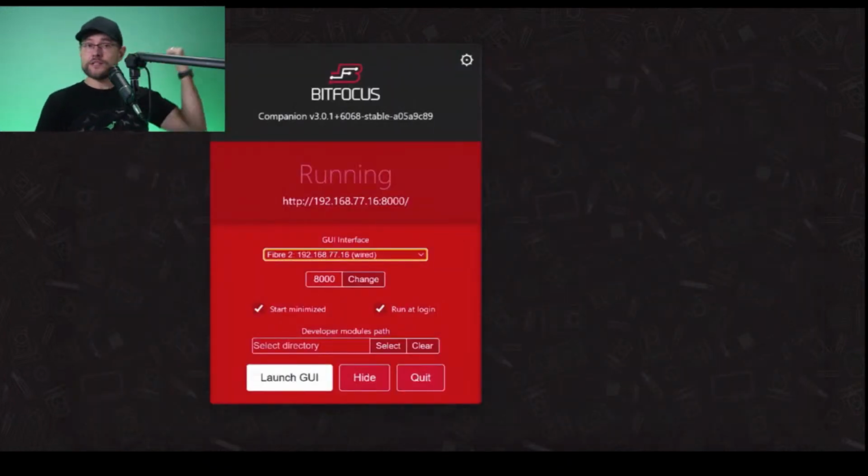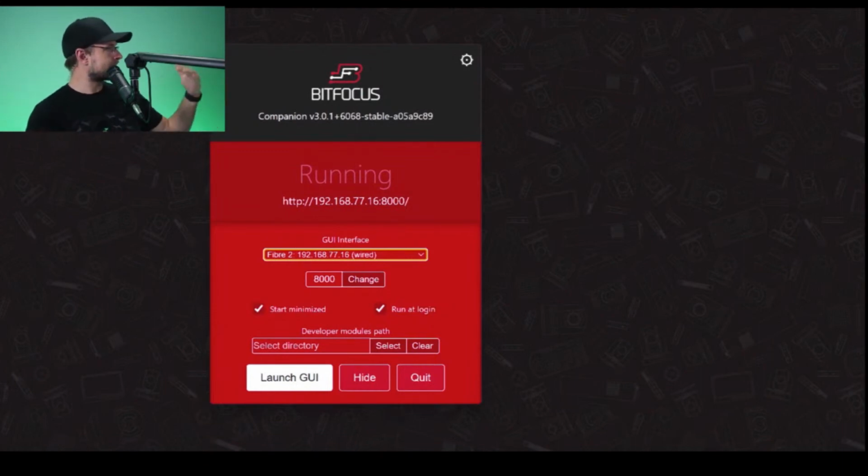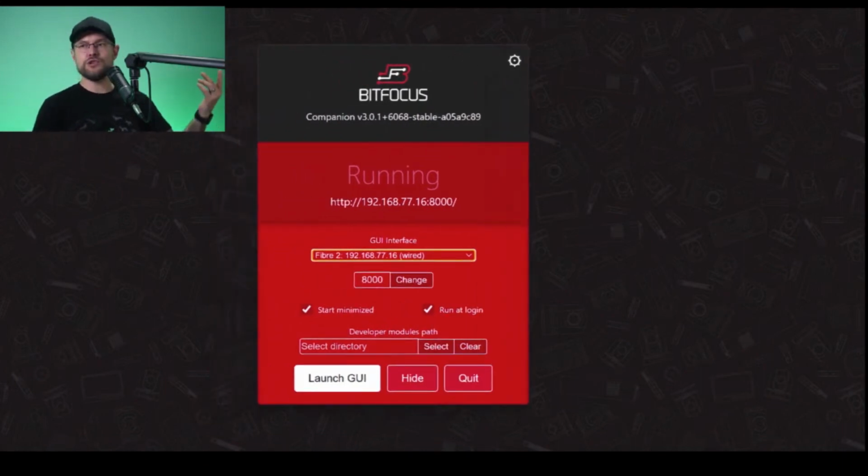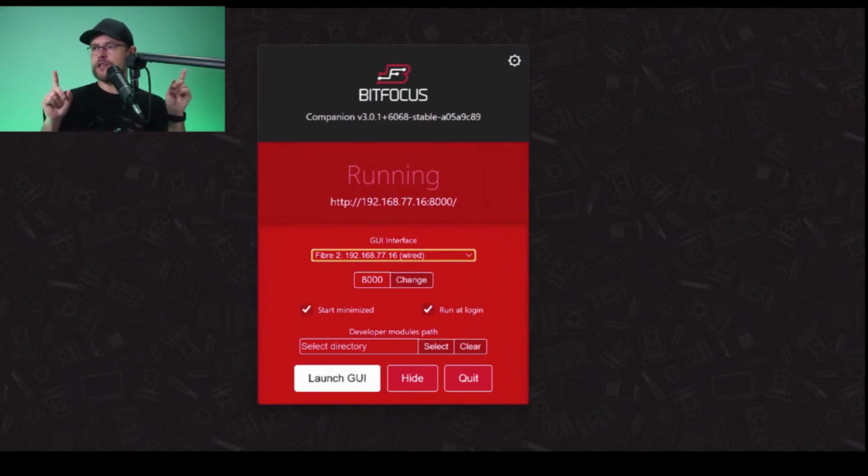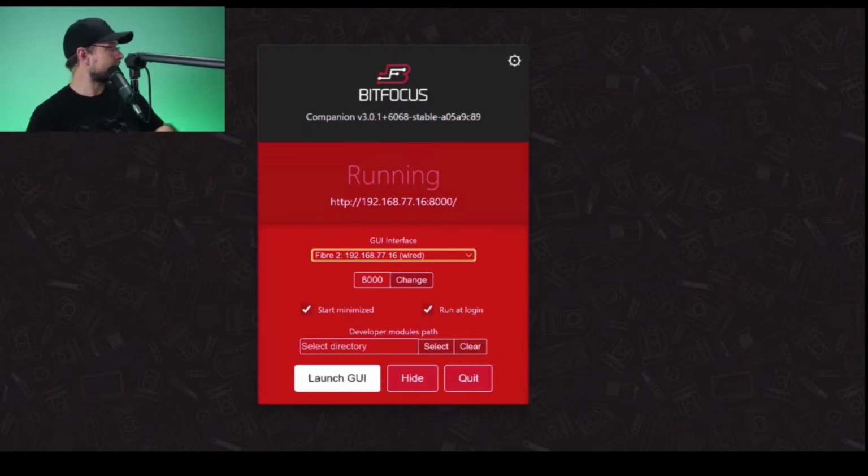So really neat there. Okay, so this is the Companion app, and what it basically does is it just opens by default, and it picks the things that it thinks you want. But the thing to take note of is if you're on a restricted network and you're using ports, where ports have to be opened and closed, you're probably going to have to tell the IT department that you need a specific port open. Now, 8080 is a really common one. 8000 is by default a really common port. So this may probably work as is, unless you have a really restrictive network. So you don't have to worry too much about the port, but that's what that 8000 number is.